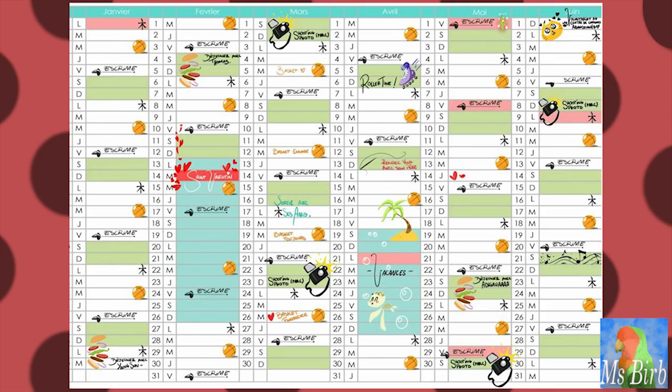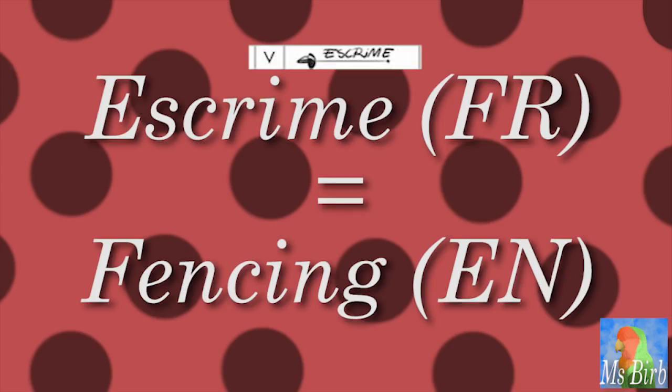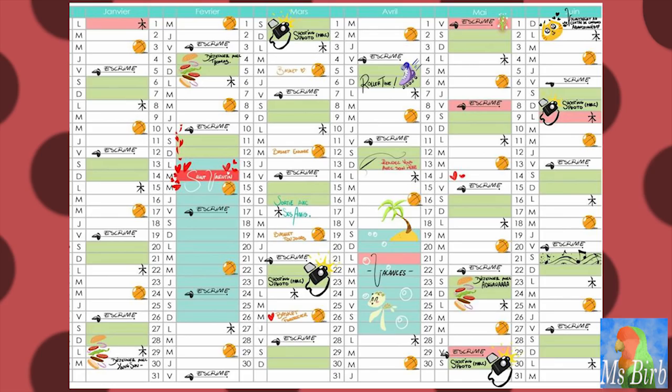vacation. So now that we've gotten all that out of the way, let's just break down the different elements that we can see in the calendar. Adrien's activities are written down, and Marinette sometimes needs to provide drawings to represent the classes themselves instead of writing the actual word. So for example, she actually wrote out and provides a little drawing for fencing, which is escrime in French. There's a basketball symbol, probably standing for basketball classes or team sport thing, whatever. And there's also a Chinese symbol, which probably represents Chinese class.